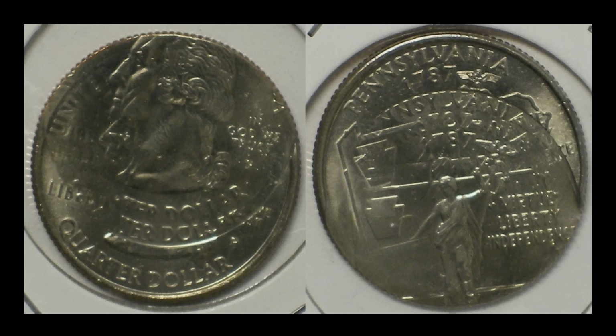$769 with 8 bids. Again, this is an issue that occurs. It had one full strike because it does have reading on there. But the other 2 strikes happened outside the collar. So the collar malfunctioned, whatever, and produced a work of art like you see here. This is going to haunt my dreams for probably the next few days. Not saying that I could afford this one. It would have been cool to own something like this, because typically you see these graded and they sell for